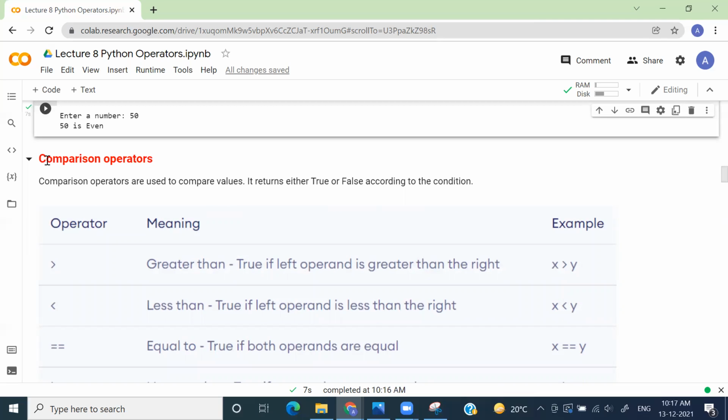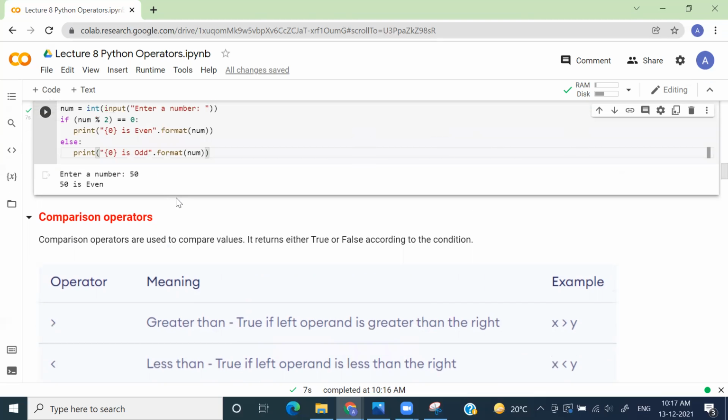Okay. Sure. All right. So next is comparison operator. We have seen how to perform arithmetic operations. Now we'll see comparison operators. Comparison operators are used to compare values, right? When I say compare values, what I mean is whether 5 is greater than 3 or not, 3 is greater than 2 or not, or is 1 and 1.0 the same.